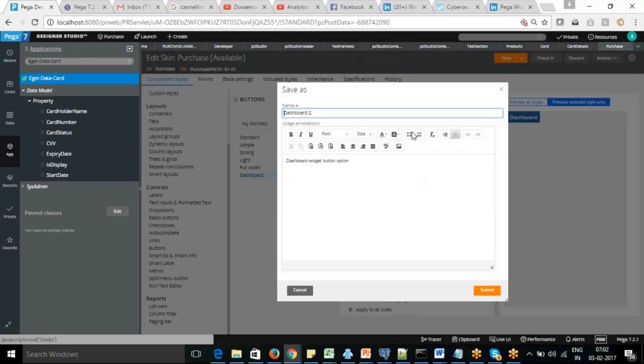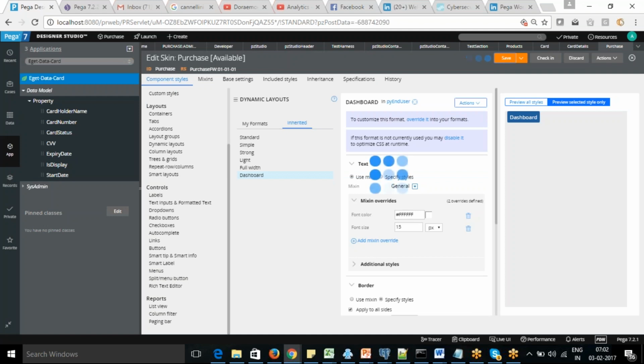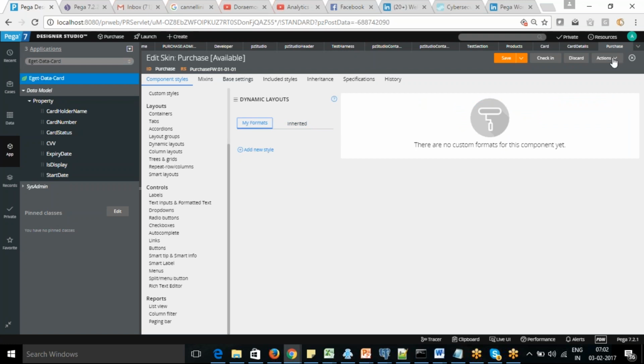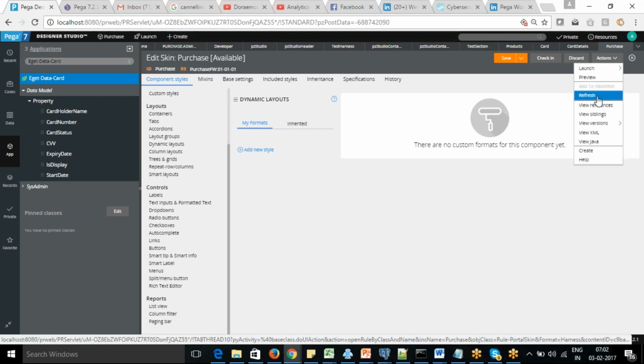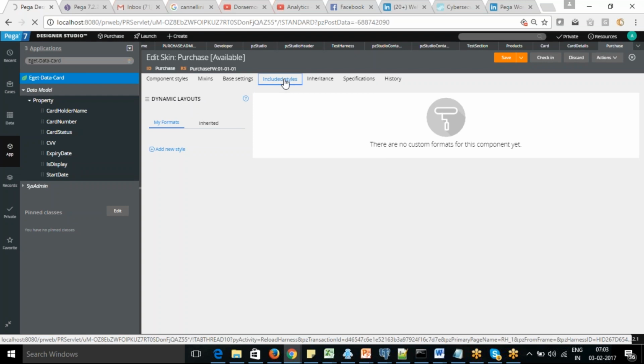Something wrong. Let's see now. You can include your own company's CSS files directly using the included styles.